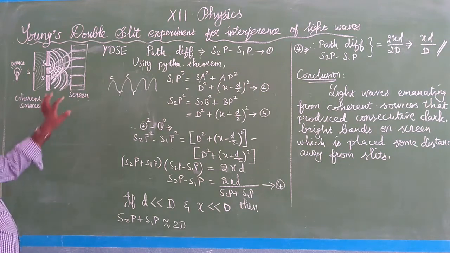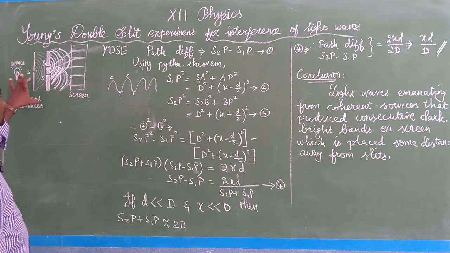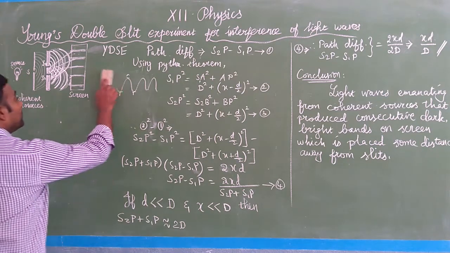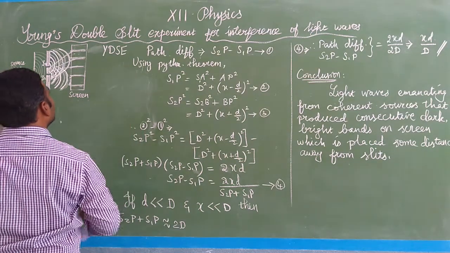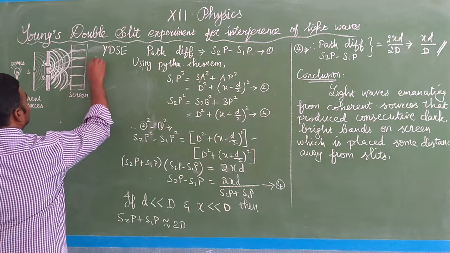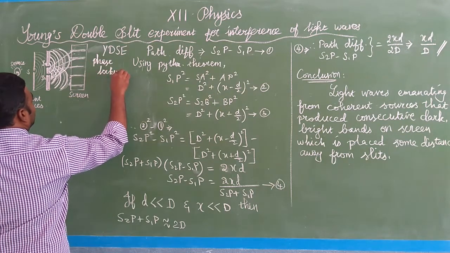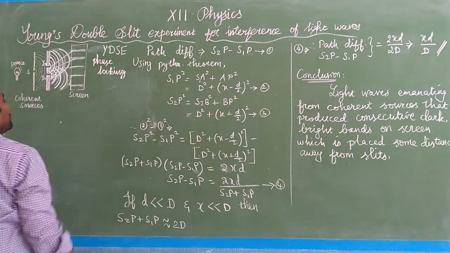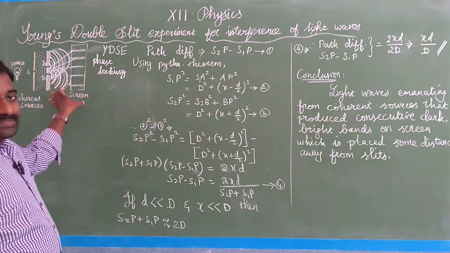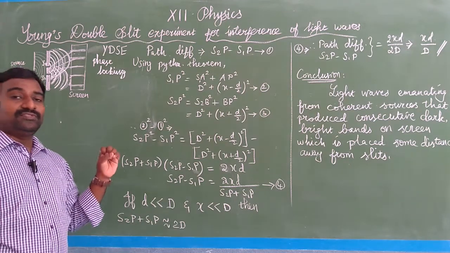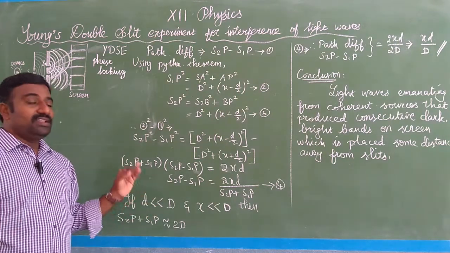Okay. So to obtain the interference, Thomas Young did one thing. He fixed the phase. Phase locking is an important contribution made by Thomas Young. So he fixed the phase, that is phase locking. Phase locking is an important thing in this experiment. From this experiment, our aim is to find the path difference and then